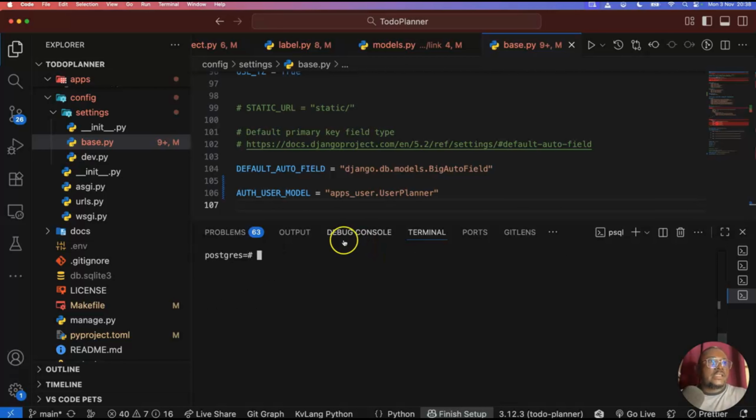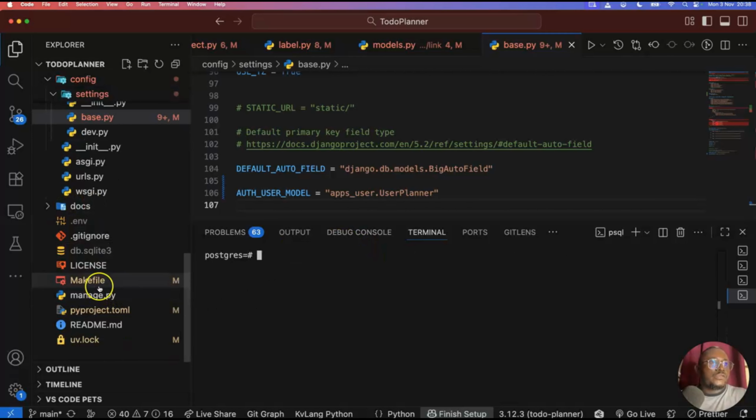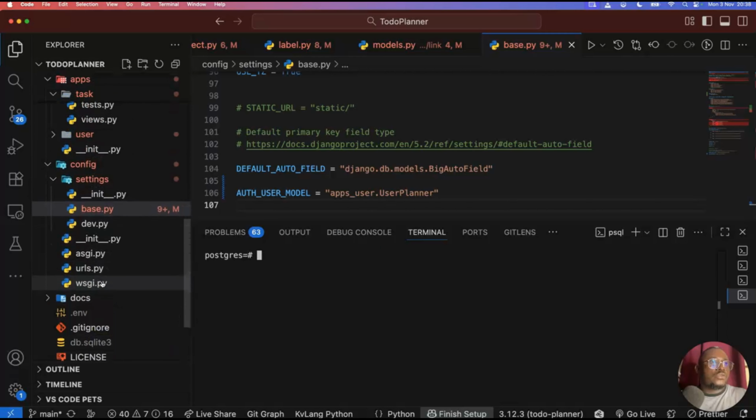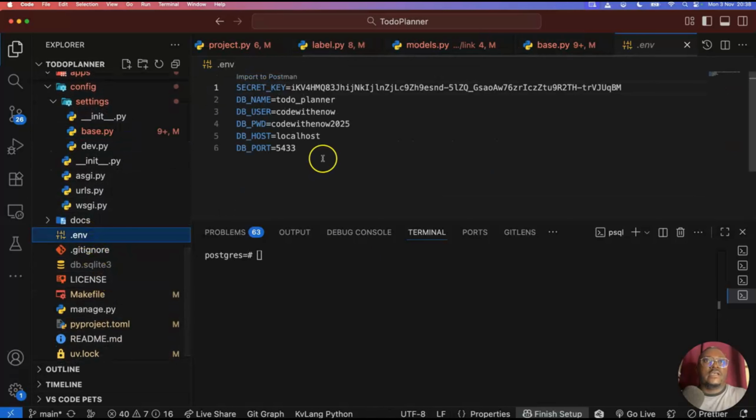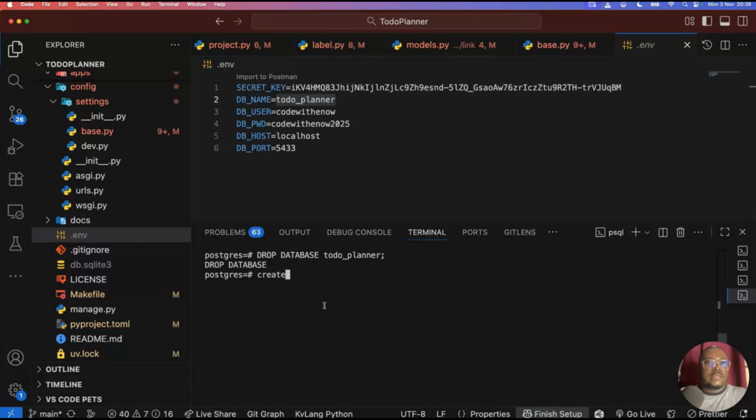And here we can see what is the database that we use for this application. So let me go to my .env. I can see this is the name of the database that we use. So we'll go ahead and delete that and create it again. So we say drop database,